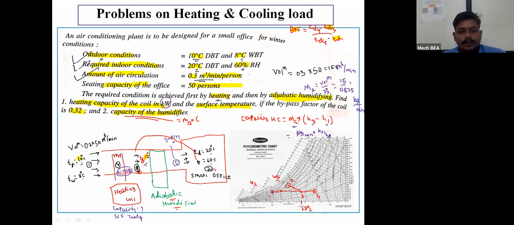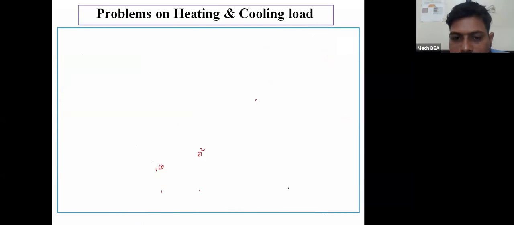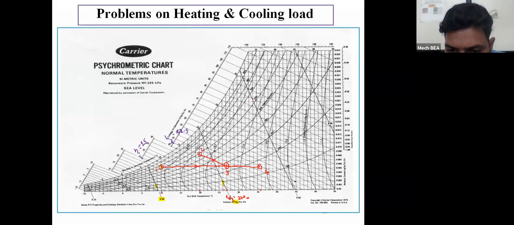To find out the capacity of humidifier, I know the formula, that is mass of air into specific humidity difference. Of which points? The inlet point and outlet point of the humidifier. What is the inlet point of the humidifier? Point number 3, and the outlet point is point number 2. If I check the specific humidity here, this will be my specific humidity corresponding to point number 3,